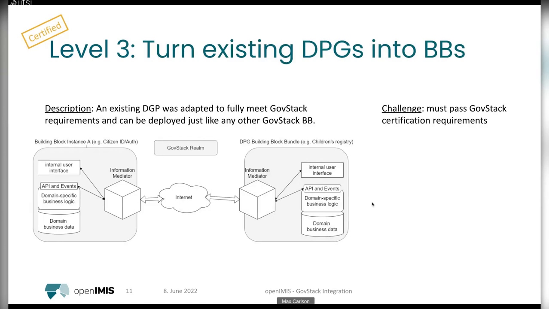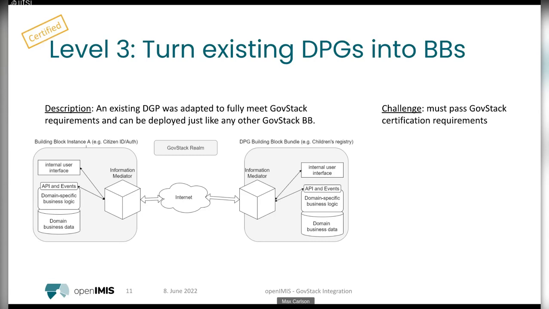And we're looking at going through these exact steps with openIMIS right now. The challenge, I guess, is that you have to pass the GovStack certification requirements, right? So we need access to the source code, so that we can do static analysis of the source code and make sure it's secure. We want to be able to build it and package it in a Docker instance ourselves, and we want to have clear visibility into the licensing. All of that requires that we have at least access to the source code for the product,